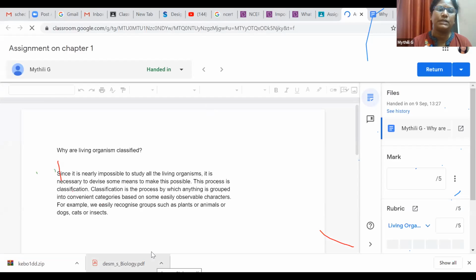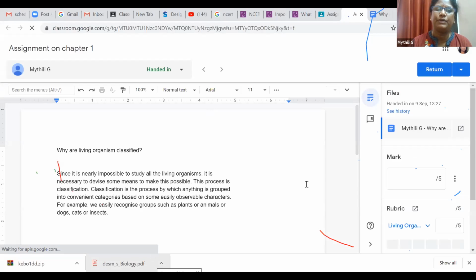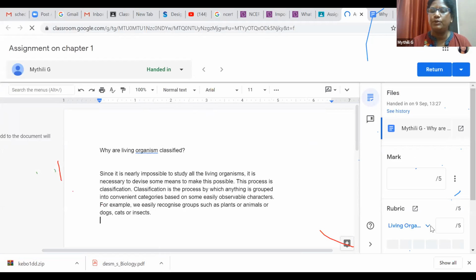This assigned to me, I will evaluate. You can even give comments here, or otherwise you can give this to them. This is the assignment.